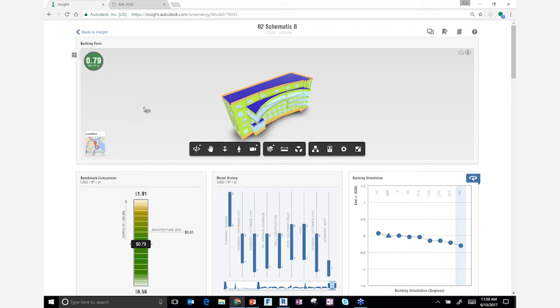And at the moment, this is just an arbitrary starting point. But you'll see that we're showing the energy cost range to be 79 cents a square foot per year. We're currently hitting the Architecture 2030 challenge because you'll see that we're in green and we're below this 85-cent threshold. But you'll notice that the energy cost is actually a range. And this is really critical because although the single number provides a guide, it also shows you the remaining design